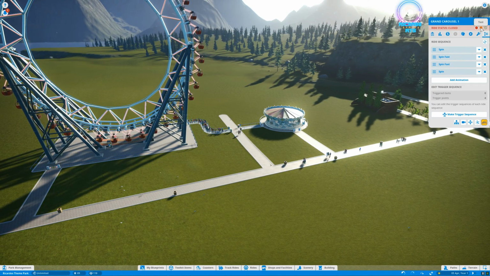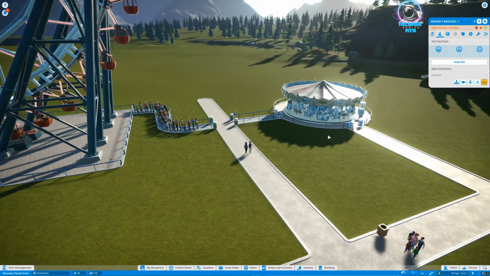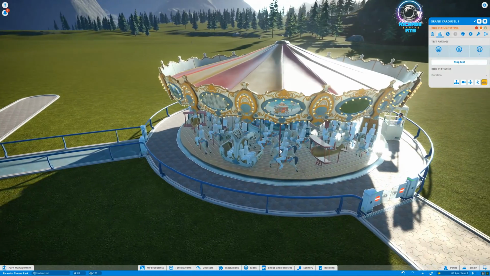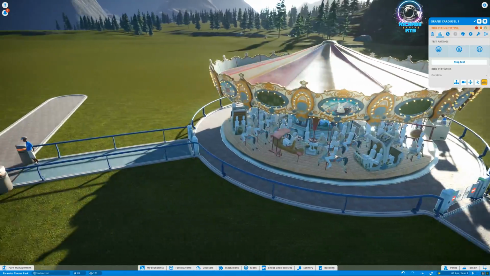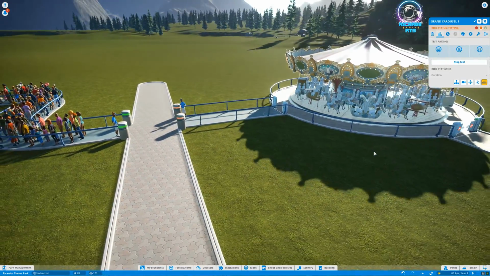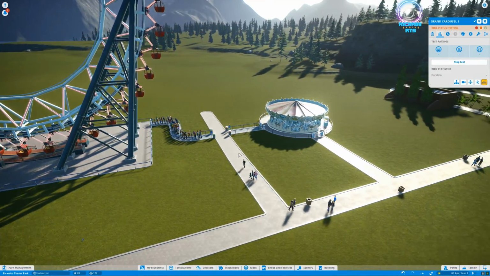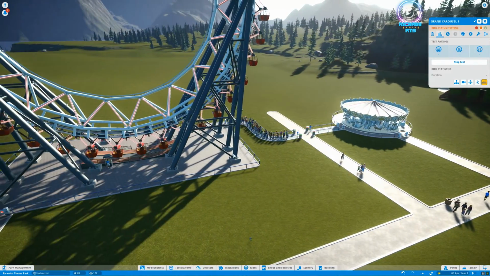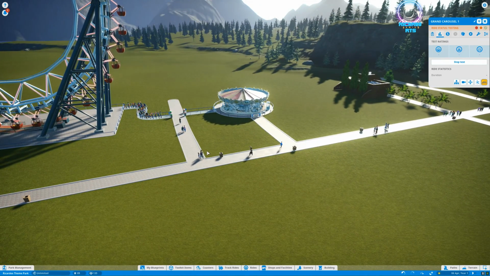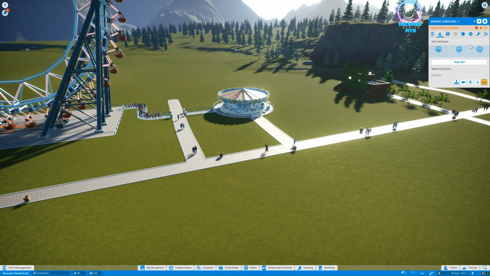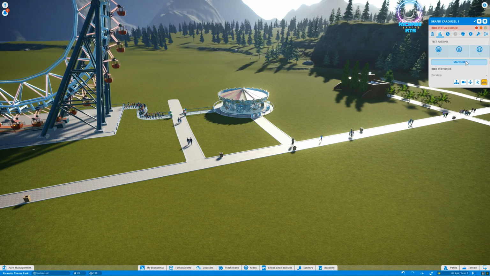And then when you're ready, you've got to test the ride to see what the ratings are going to be. So it's going to go through its test. And you can see these beautiful carousel horses with your test dummies on it. It'll go through a test option. When that test option's okay, then cool. Everyone will be okay. Now, some rides, you don't want it to be particularly fast, like the big wheel. So, things to consider. When we've got our test, we can then stop a test, start a test,